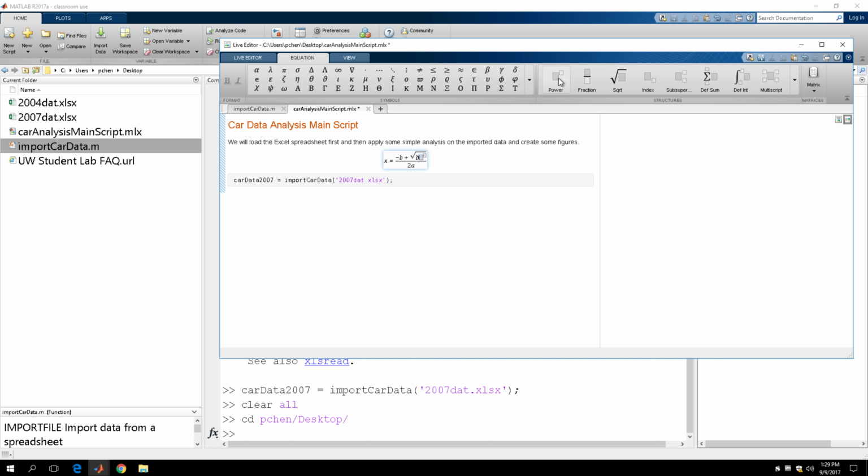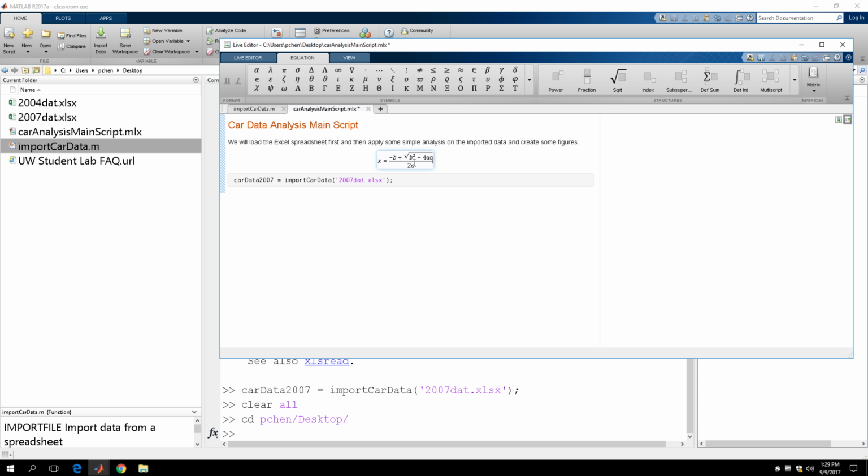Let's make it a square, right? b square. Right. So that's sort of